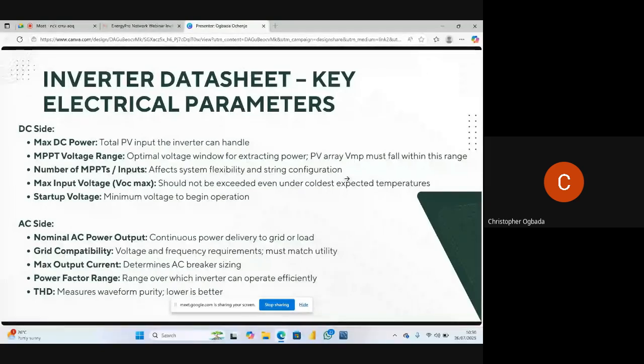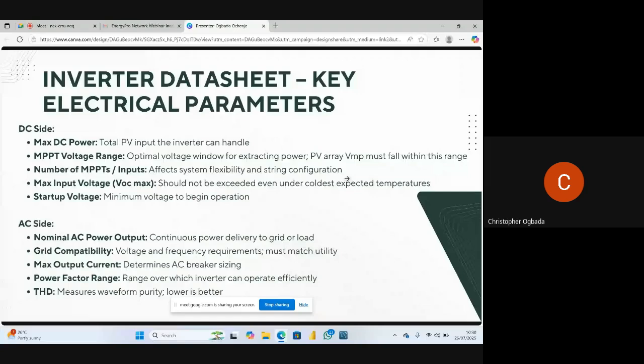Some inverters actually have more than one MPPT and different strings. So if you have an inverter with one MPPT and two strings, for example, it means there are two inputs. When there are two strings in an MPPT, it means there is a parallel combination in the inverter, because the MPPT is one. So you ensure that the combined current of the two different strings will not exceed the maximum PV current, because your inverter also has a maximum PV current. That is not actually captured there, but it's also there. You see maximum input voltage, maximum input current, all that on your PV side.